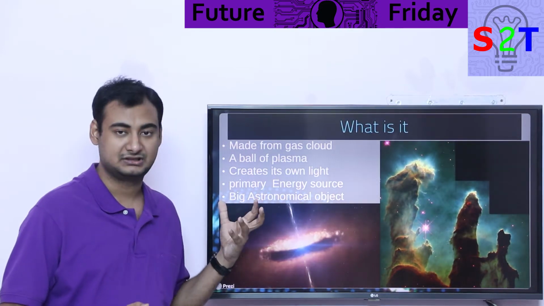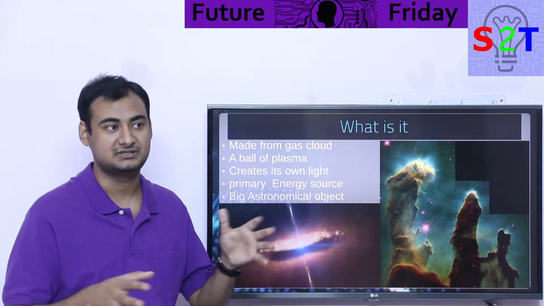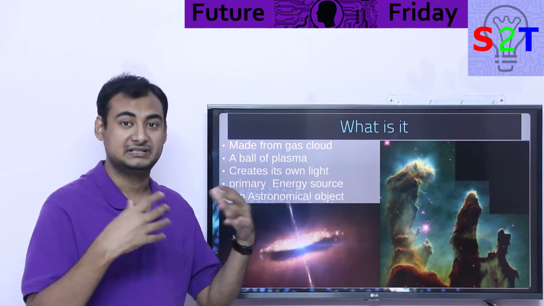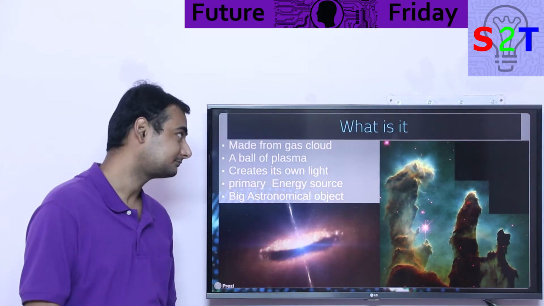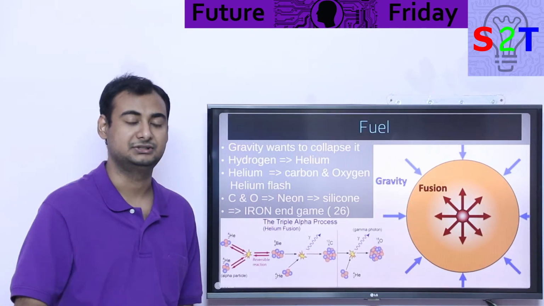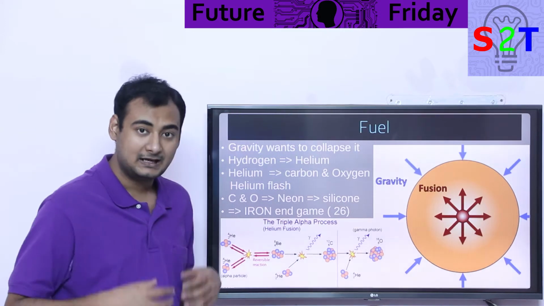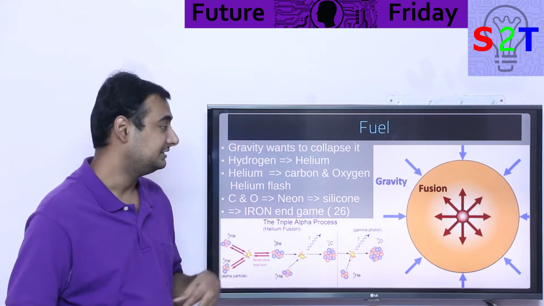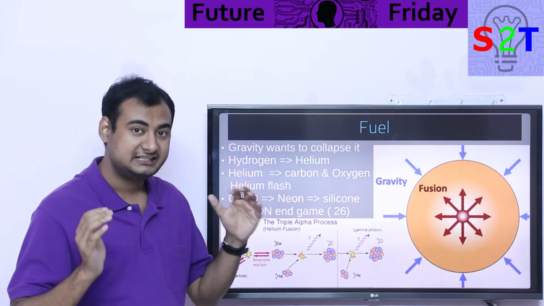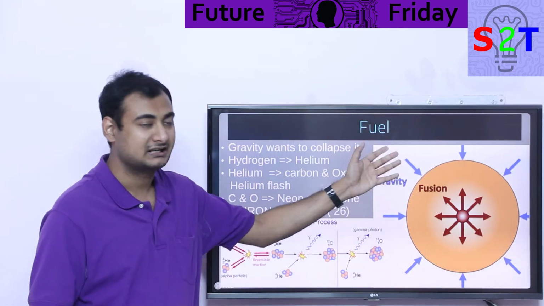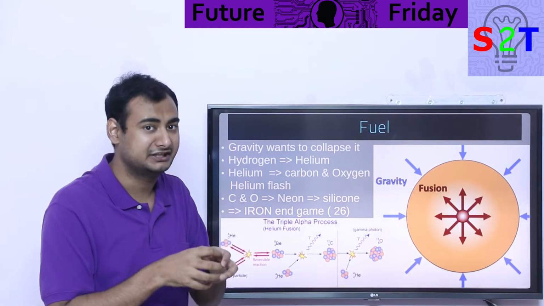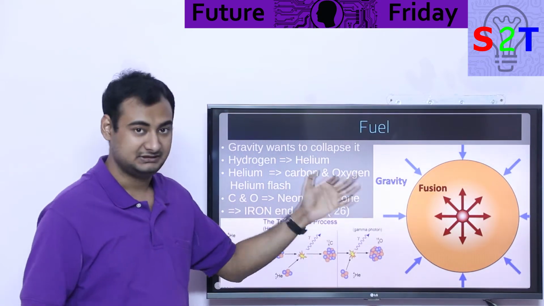Anything that is generally bigger than this would be a cluster object, basically a stellar system or the Milky Way or a galaxy, something like that. Basically as a single unit, this is the biggest you're going to get, unless you count the gas cloud itself. So how the heck does this work? It requires energy. So energy comes from the delicate balance between fusion and gravity. Now I am saying delicate balance because imagine gravity was not there, the core would not get hot enough for fusion to occur. So that's why it's a delicate balance.